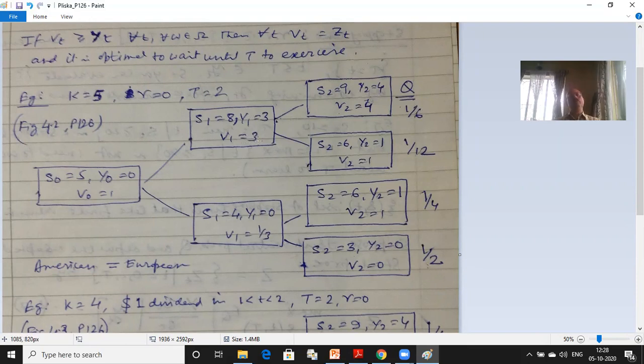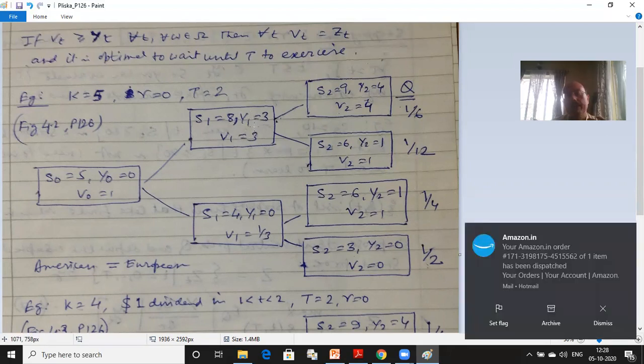So the value of the European option on day 1 for me is 3. I am not going to exercise it now, I cannot. But this is the expected payoff. What about the Y process? Because for American, I am open to exercising. For the Y process, I will directly look at 8 minus 5, which is again 3. So this is not better than V. So at this node, I do not gain by exercising the American option early.